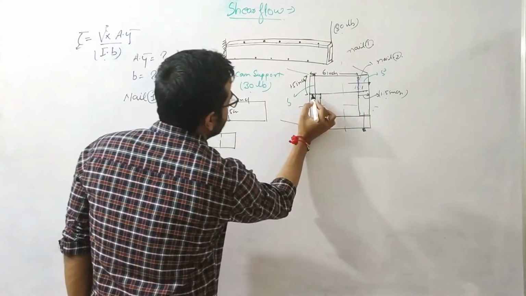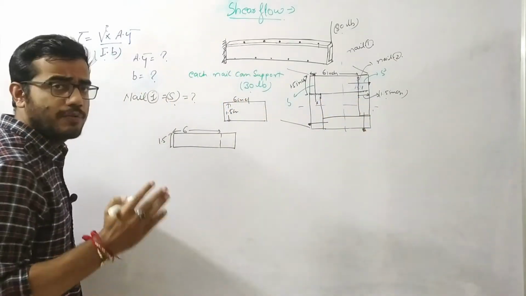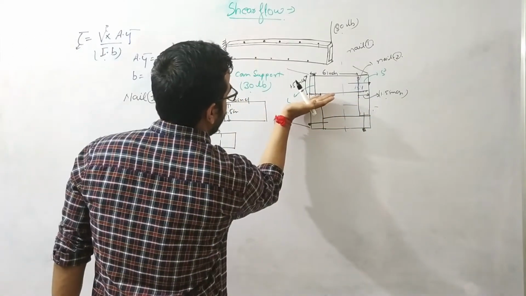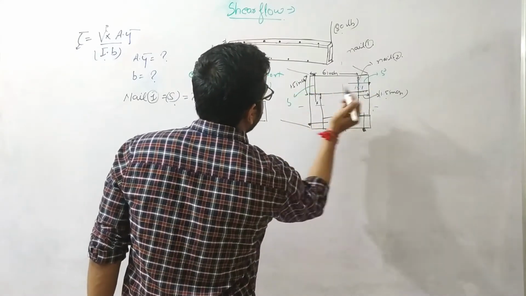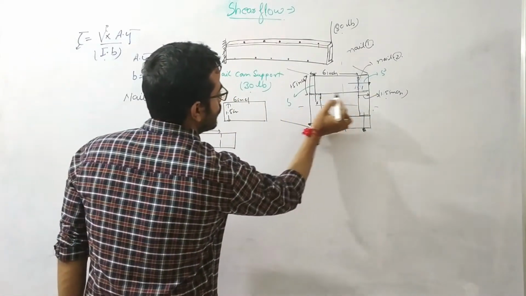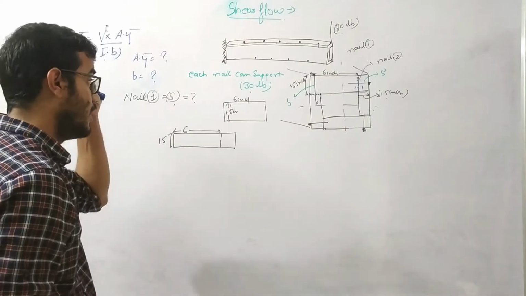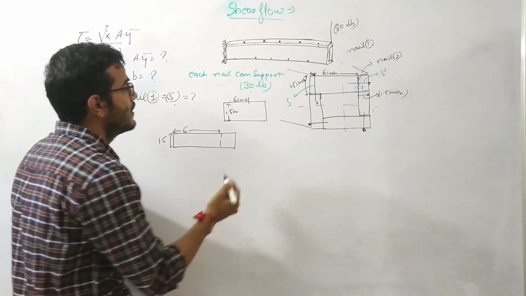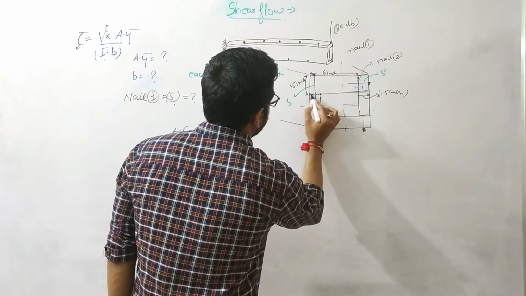Okay, so the shear stress at this point will be equal to the shear stress at this point, right? That's why I'm cutting the section at this location, considering one section at this point and one section at this point, because the shear stress at these two locations will be the same, and my calculation will become easier. So this is the reason I'm cutting the cross section at this level.